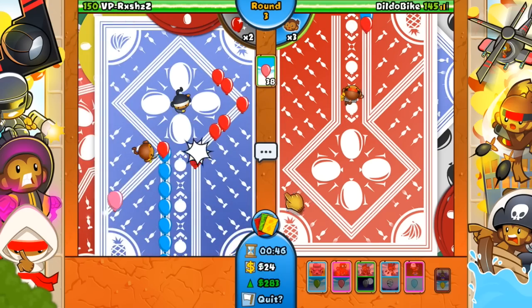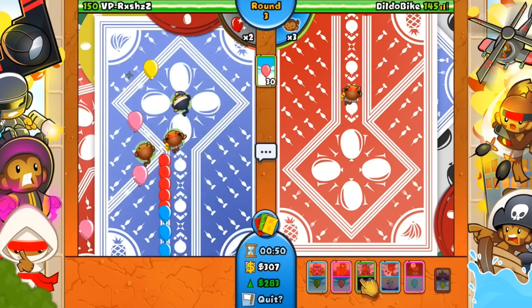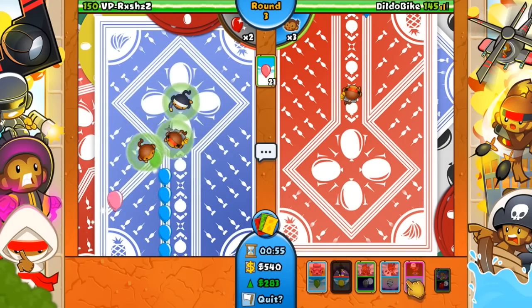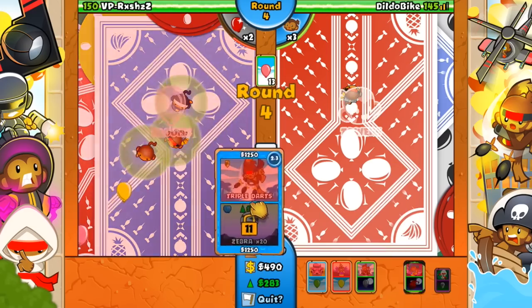Anyways, I'm going to boost some pinks at him. Definitely want to boost pinks early game, regardless of what the opponent has. They'll probably end up using a boost on it, which is still good in your favor. Still definitely good. And I want to keep searching for more